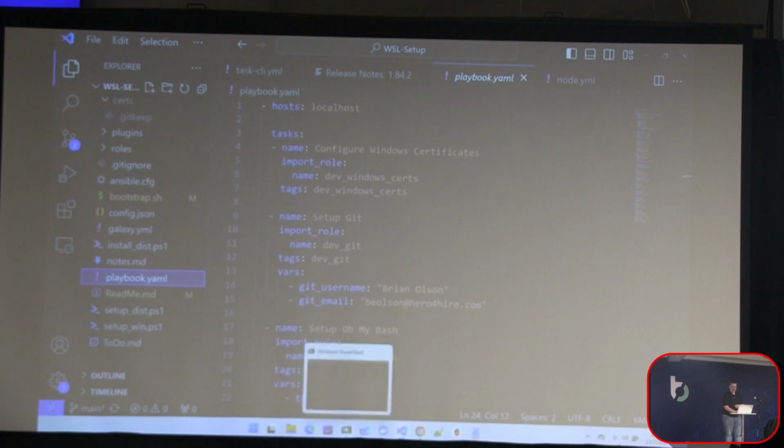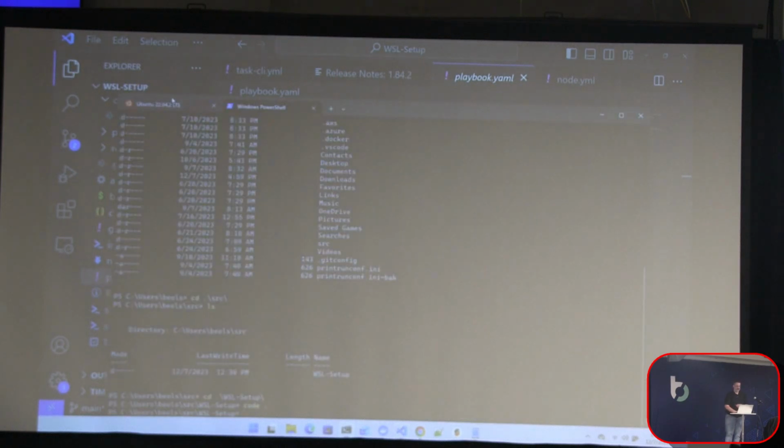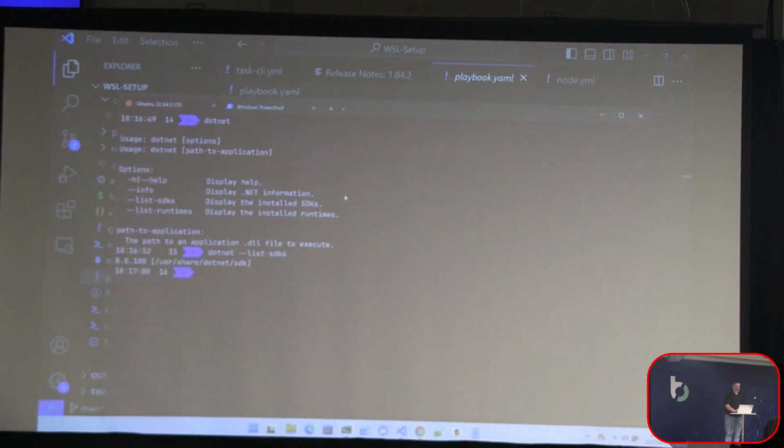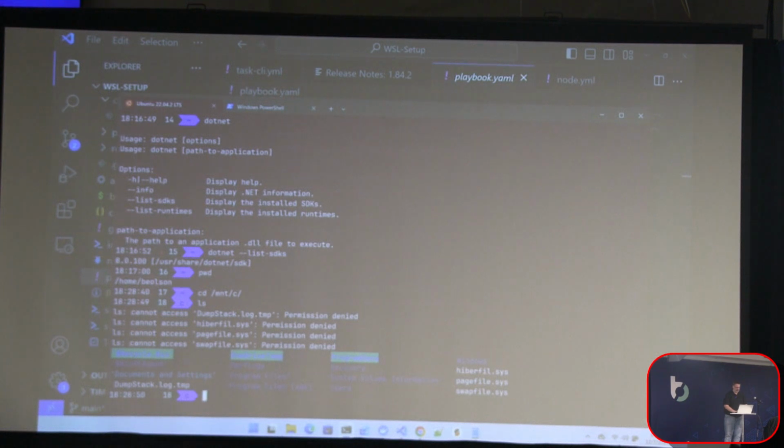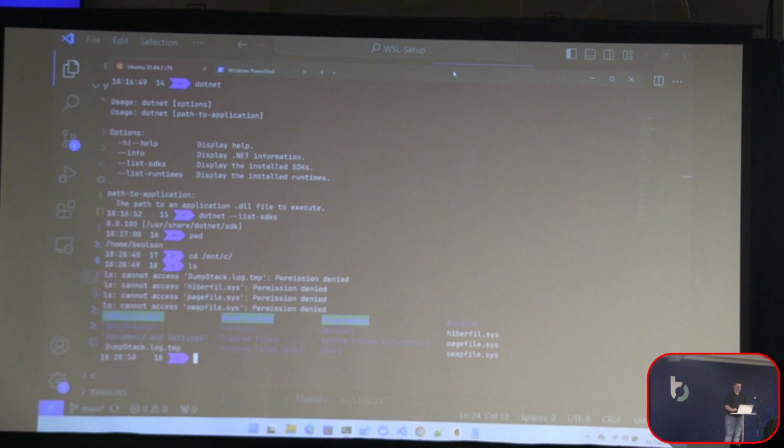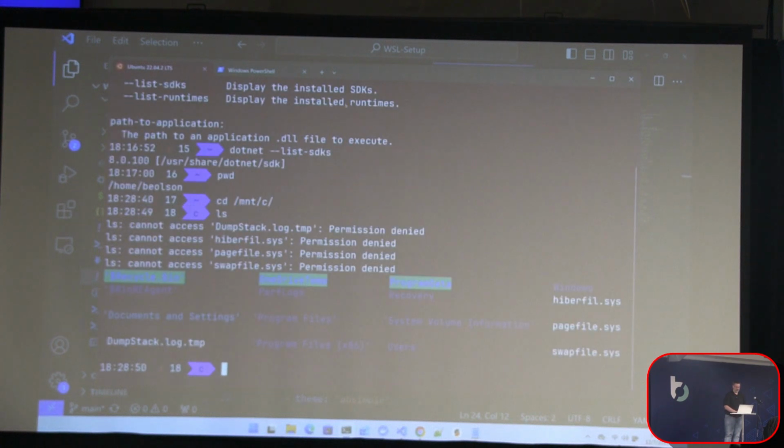Oh, yeah, let's go back. So here, if I go pwd, I'm at /home/bolson, my home directory. If I go cd /mnt/c and go list there, we're going to see some weird permission denied errors because as it's trying to access those kind of unique Windows things in the Linux environment, it doesn't quite know how, but you'll kind of see the,